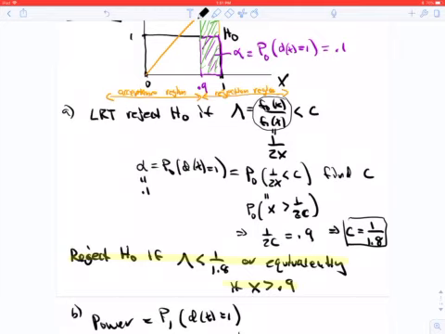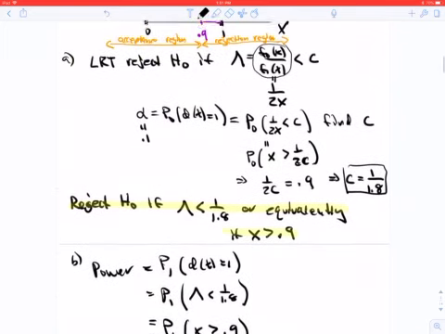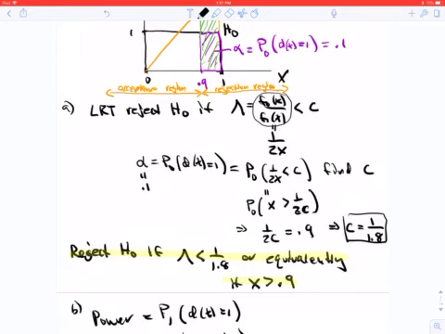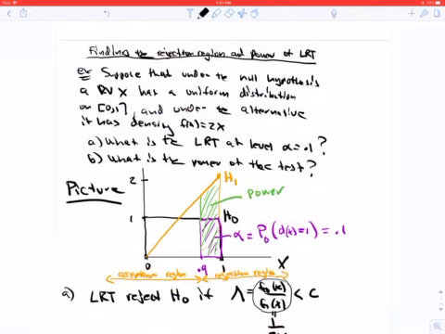So you can define your cutoff in terms of lambda, and your cutoff is 1 over 1.8, or in terms of x, in which case your cutoff is 0.9. Notice that the direction of the cutoff changes